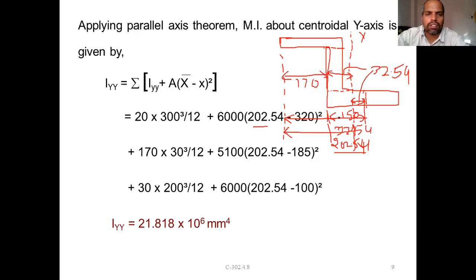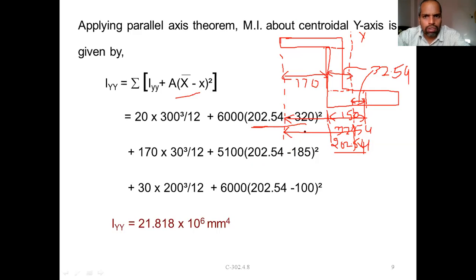Ultimately, the distances are nothing but simple mathematics, plus and minus. You can do it any way. It's not a hard and fast rule that you must use only this rule or my rule. The only thing is to calculate the correct way. He thinks this is the easiest way; for him it may be the easiest, for me my easiest way is this one. For you, the listeners calculating this, there may be some other way. Do it according to that, but don't get confused about it. That is the only thing.